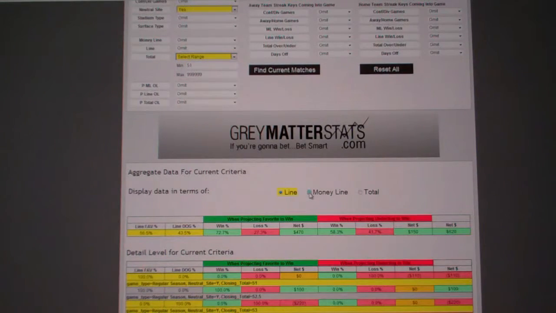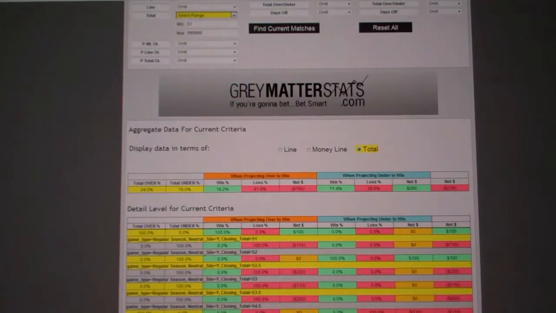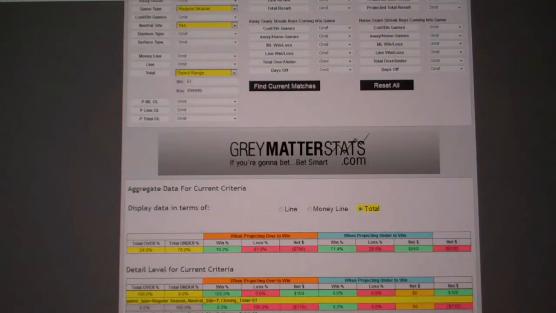Then you can actually click over here, you can see the money line, and you can see the total. And when I click on the total, I actually see that in the last 5 years, the under has hit 76% of the time in these games, which is an extremely large number. So the beauty of this part is that instead of having to sort through 50 games to see which ones this weekend are on a neutral site and which ones match the over-under criteria I selected, all I have to